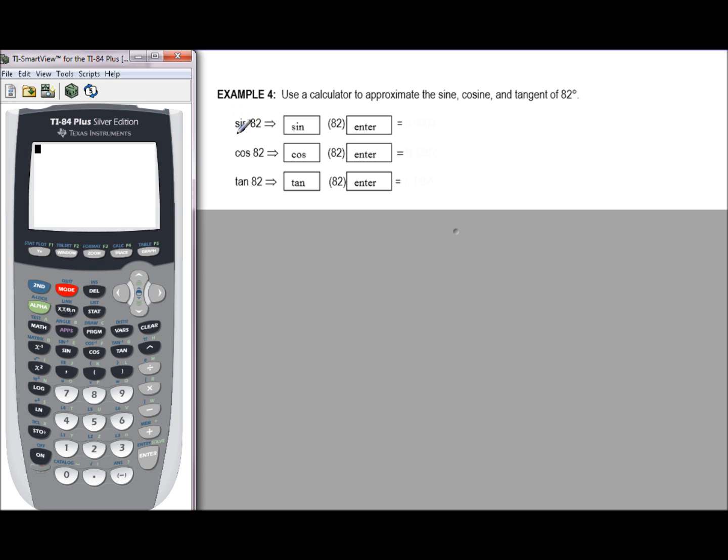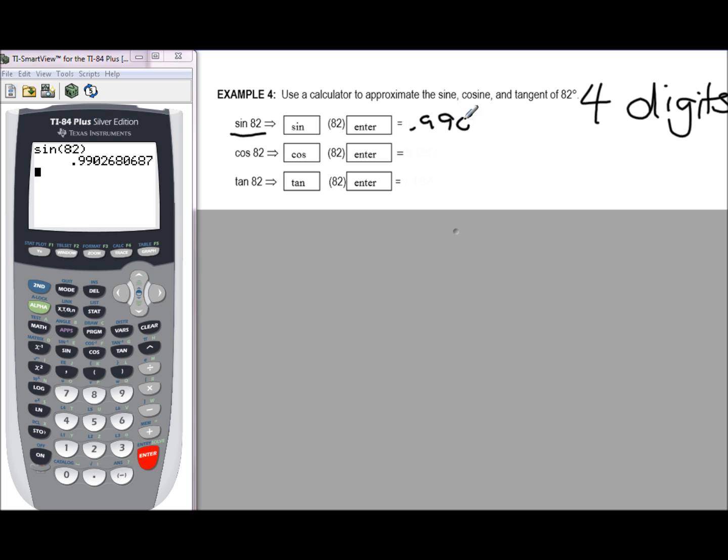So all we're going to do now is approximate the value of the sine of 82 degrees. Now, we've had many different rounding rules. When we use trig functions, our rounding rule is we're using 4 digits now. So I'm going to approximate the value of sine of 82. So I press the sine function, it's right here on your calculator, and then 82, and my parentheses, and then press enter. I want the nearest 4 digits, so